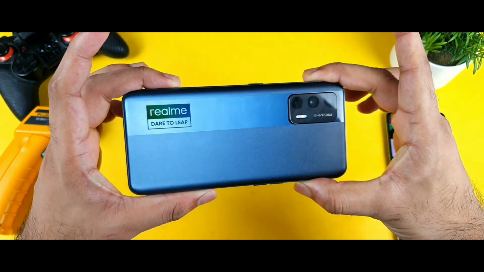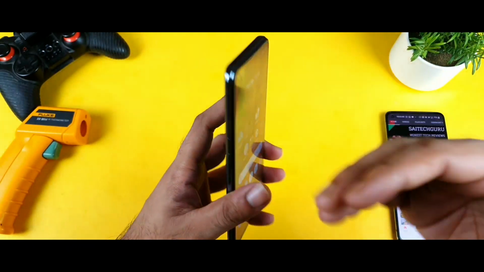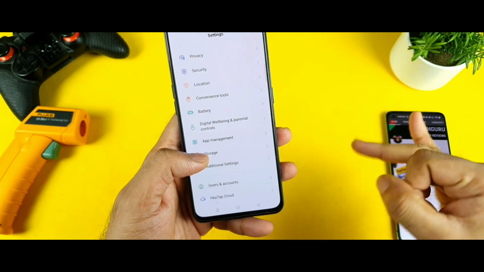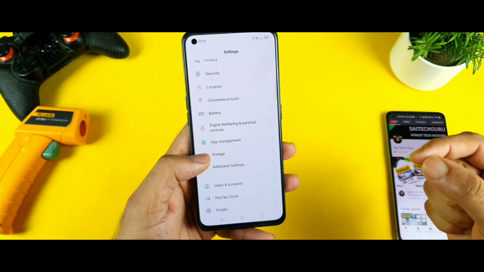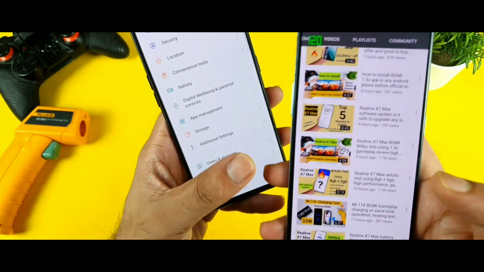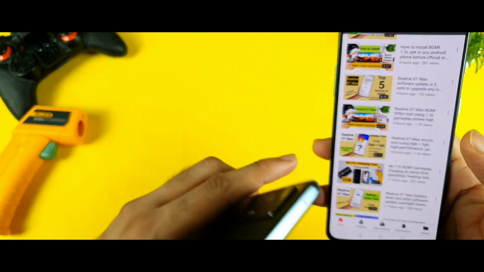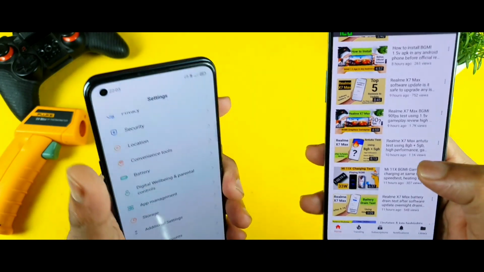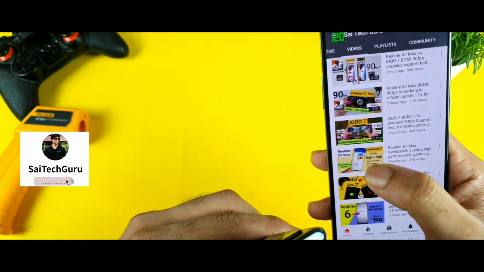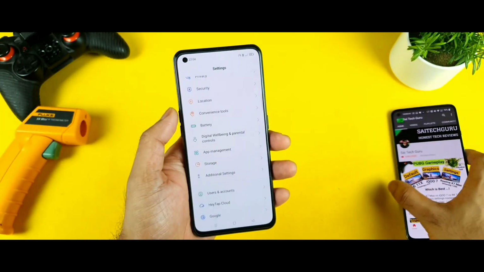This is the exact model I'm trying to use, as you can see clearly friends. Before this video I uploaded a couple of videos on the Geekbench 5 and Antutu benchmark, and I did see the results improved. In case you want to know more details, make sure to check those videos for the proof. For the proof only I'm trying to show you friends, not for the views. In case you want to know the Antutu benchmark test, and there's another Geekbench as well, somewhere around here. So there's actually proof it got improved.